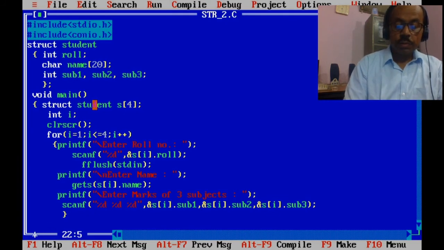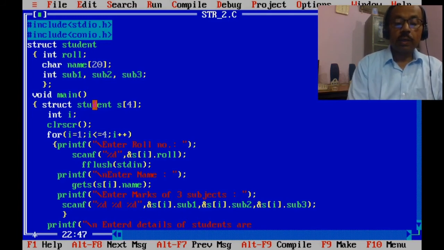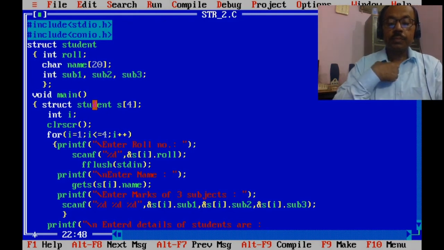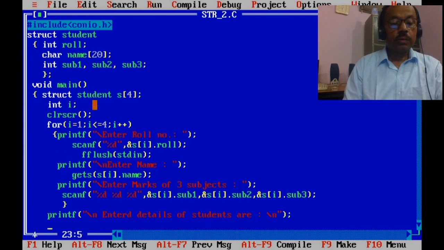Now printf entered details of students are backslash n; semicolon.